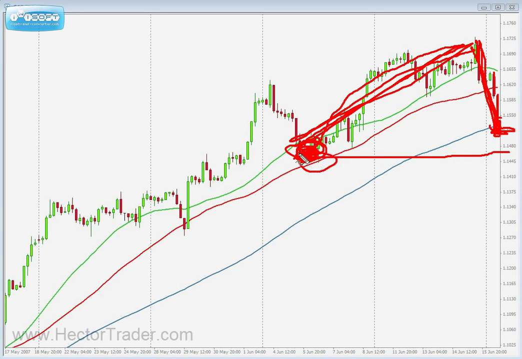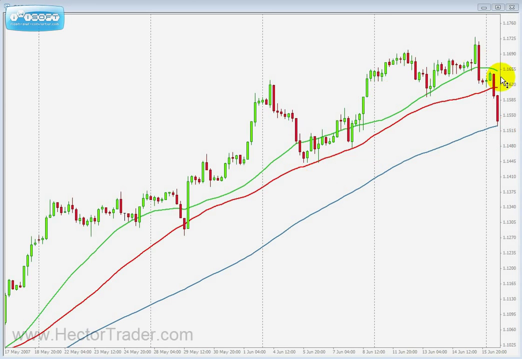The bulls gained all this ground from the bears, but then gave it up straight away back to the bears in the pullback, and indeed the 100 moving average was touched. As far as I'm concerned, as far as my system, my three simple moving average way of gauging the trend,